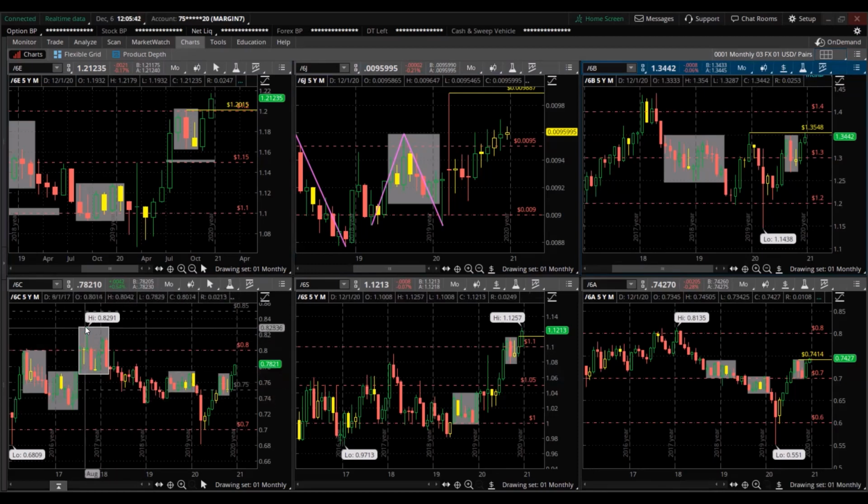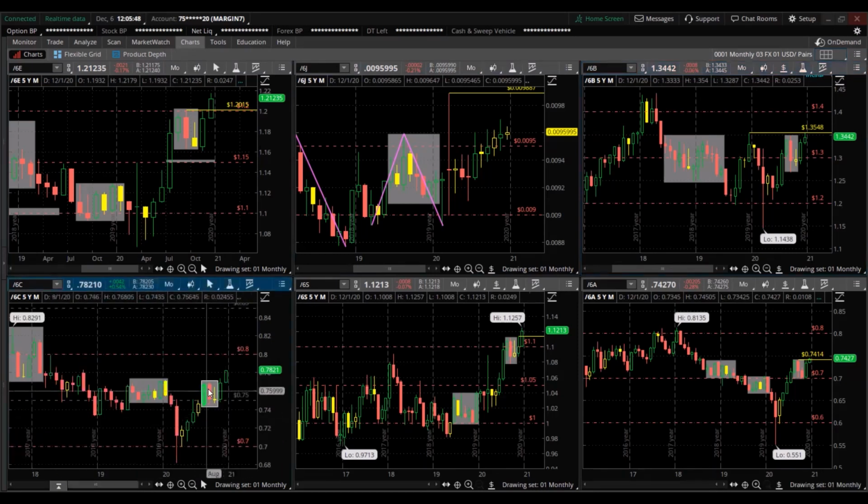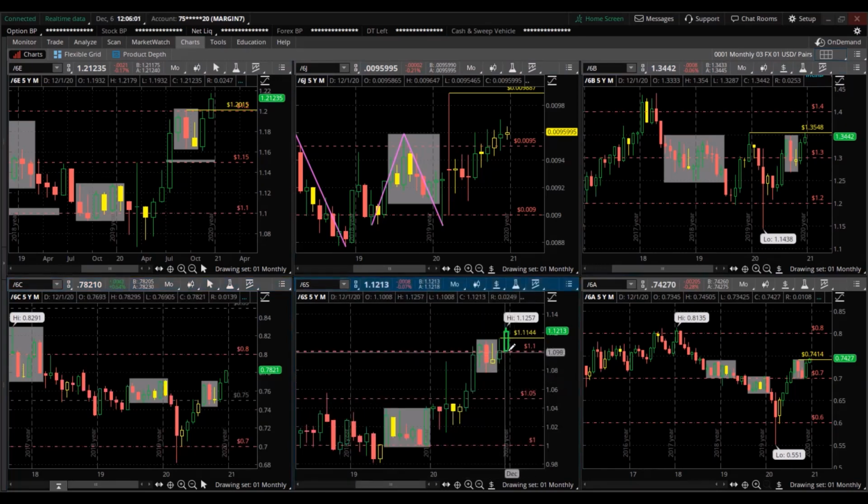Canadian dollar, past 5 years, there's a high, there's a low. Strong trend to the upside this year. Look at that consolidation phase. We broke out of it, we're trending higher. Huge trend. Some of these are more consolidation pairs. Swiss franc, also this month, broke out of a consolidation, broke out of a swing high, trending higher. And the Australian dollar, V-shaped pattern, broke out of this consolidation, trending higher.